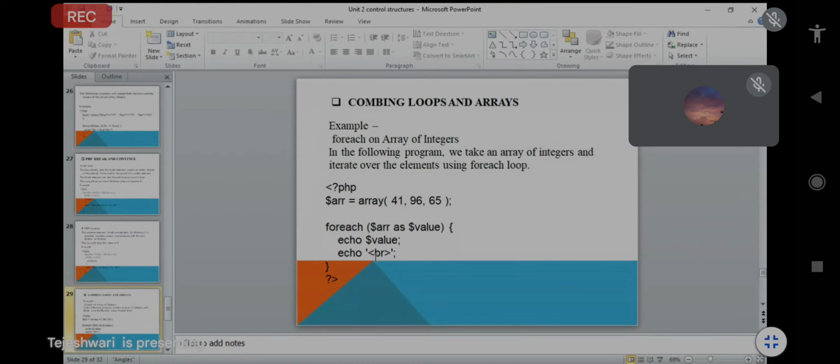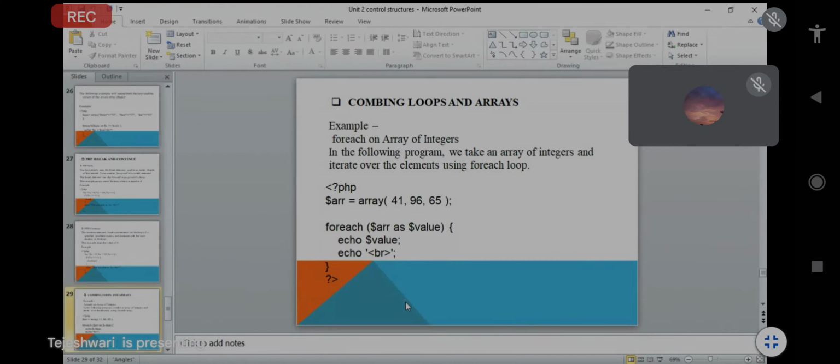Suppose $value, what will be your output? First you have to print 41. Then break, next line will be 96 and next line will be 65. So your values will be printed, but this is the format, because we can't directly take $array and echo $array. By default that is the syntax for foreach, we have to take two variables.